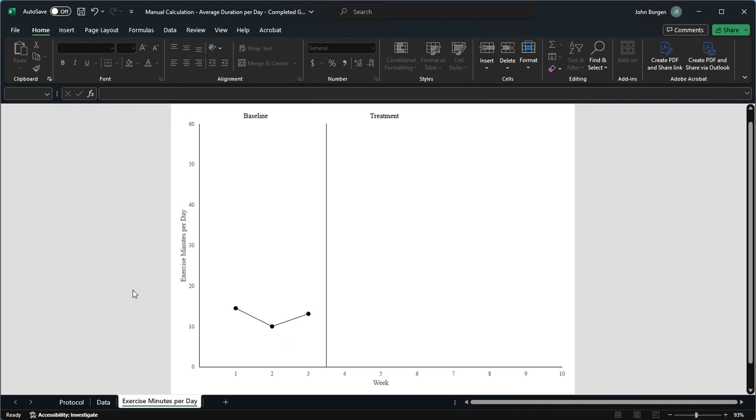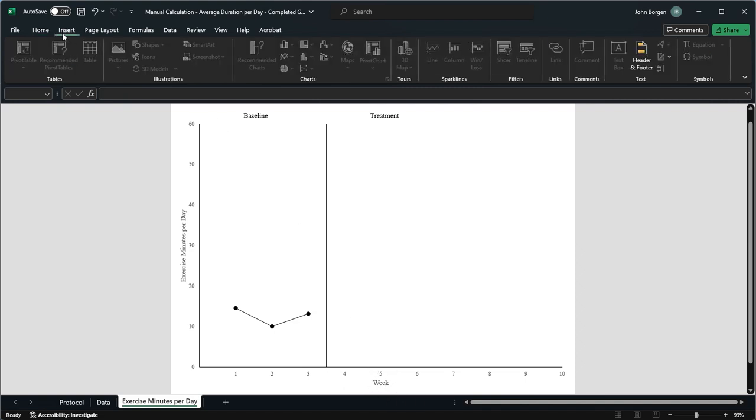So here, the y-axis going up and down, describing only what's being graphed, is the exercise minutes per day. You could throw in average on top of it. It is somewhat assumed that it's an average because on our x-axis down at the bottom here,